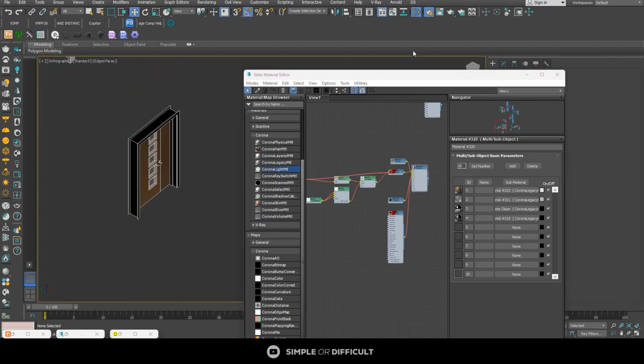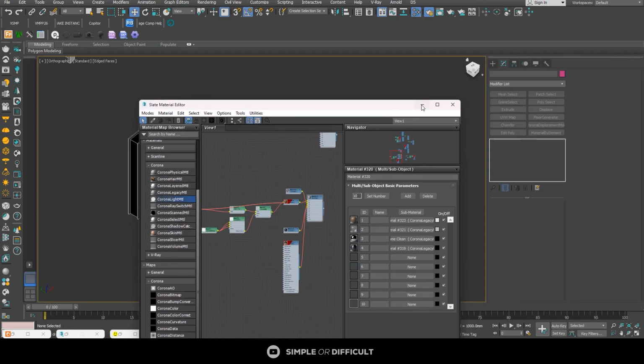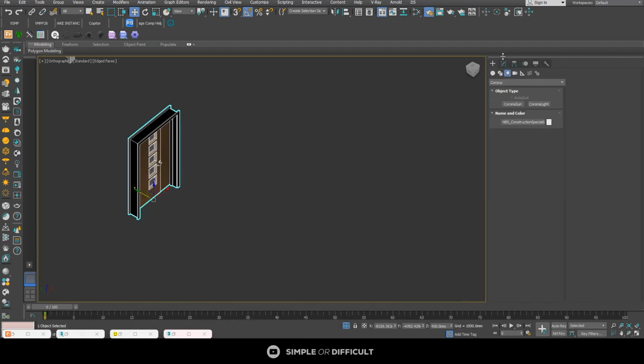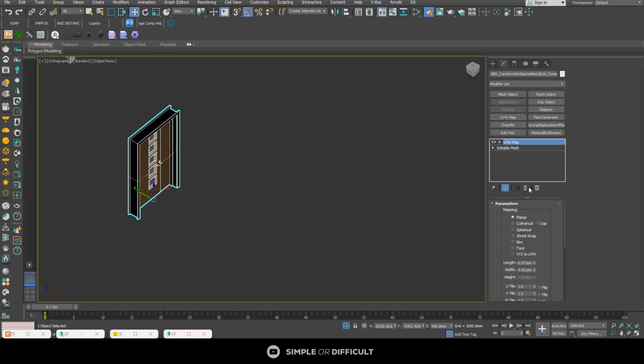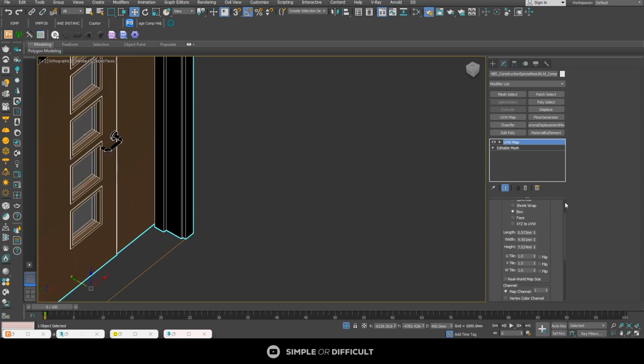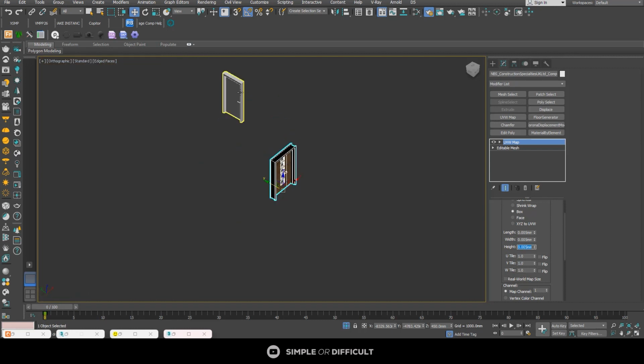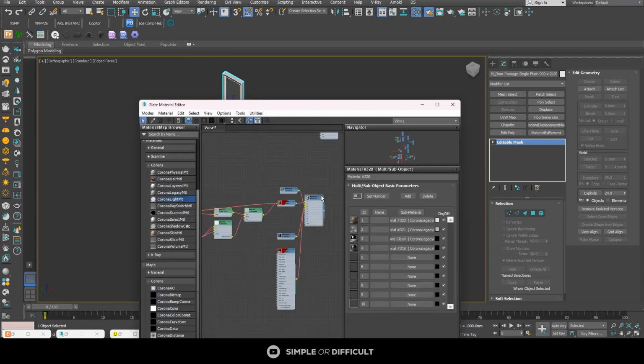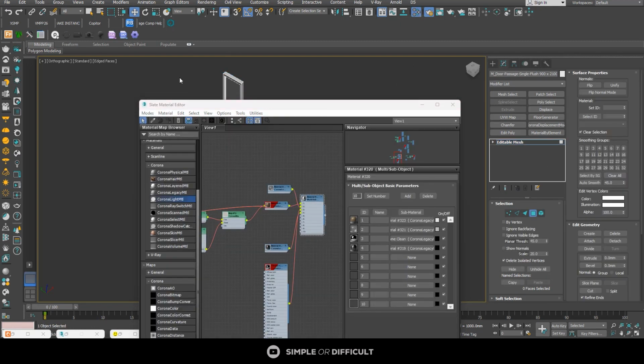So I'll just select this, apply UVW map to it, put it in box, and then make it 0.005. Okay. 0.005. Alright. So over here, let me see what happens here now. Just 2, 3,